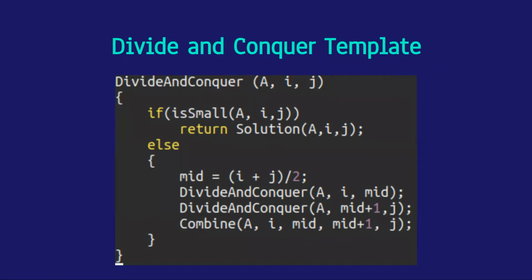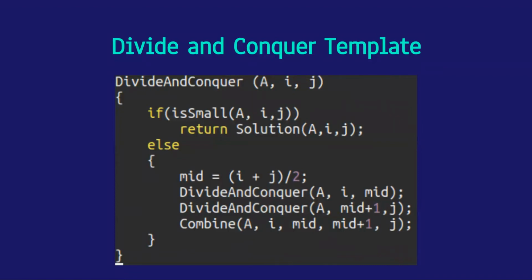So we have this template, which is taking an input and it's taking the boundaries of that input. Why are we taking the boundaries? It will become clear very soon. So the first thing in divide and conquer that you should check is, I gave you a problem, you chose to solve it with divide and conquer, but do you actually have to divide this problem? That is the first thing you need to check. It could be that the problem is already small and you can solve it directly, without dividing and conquering it. So you need to check if the problem is already small.